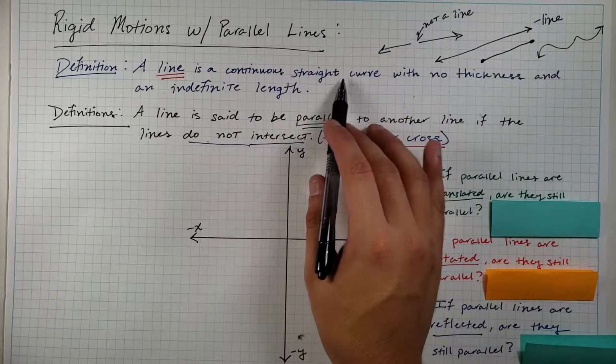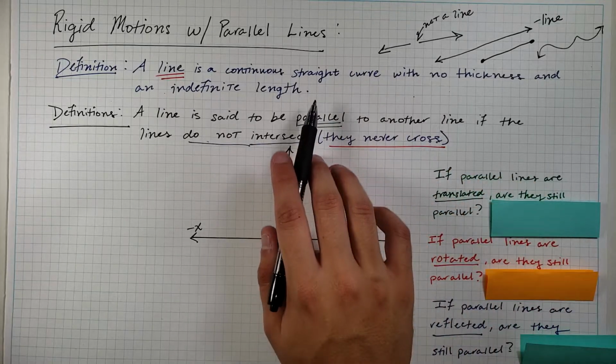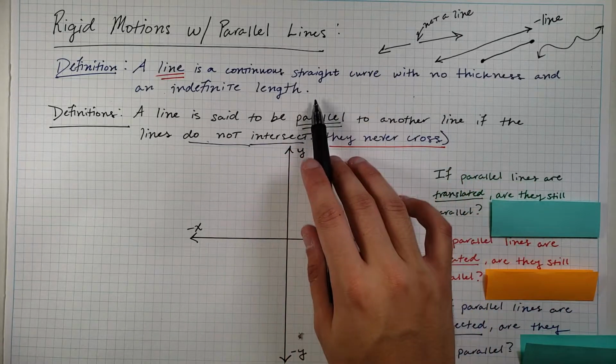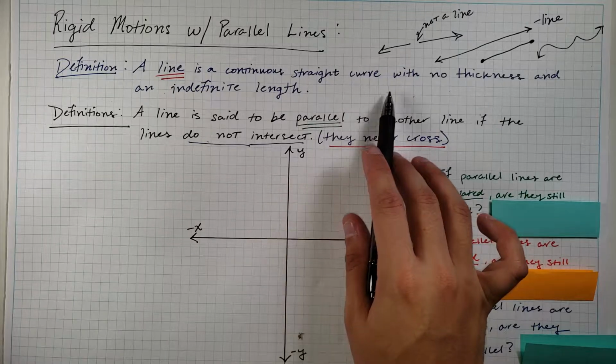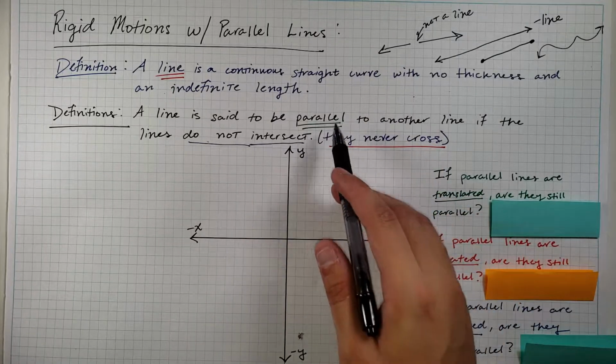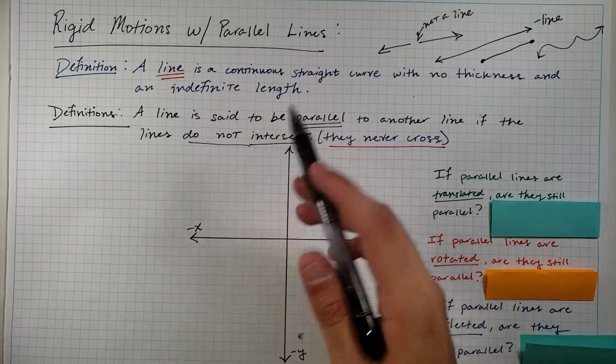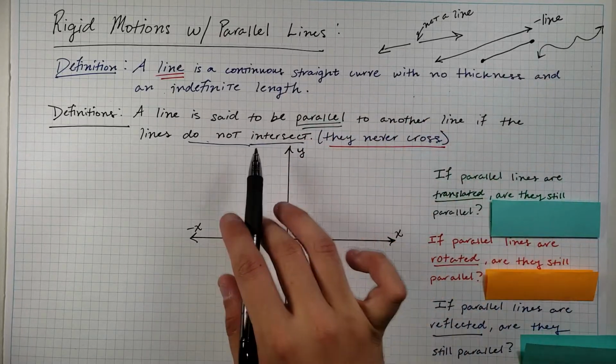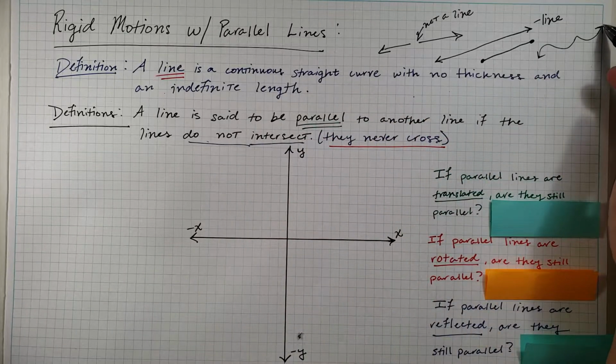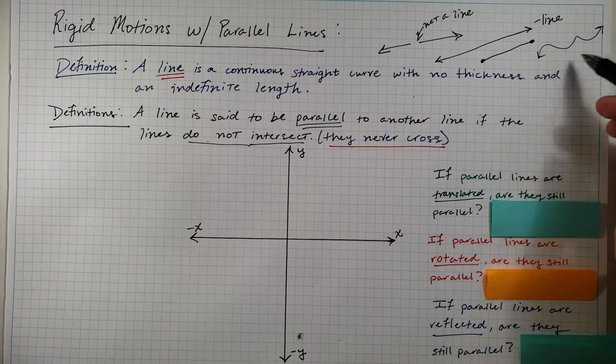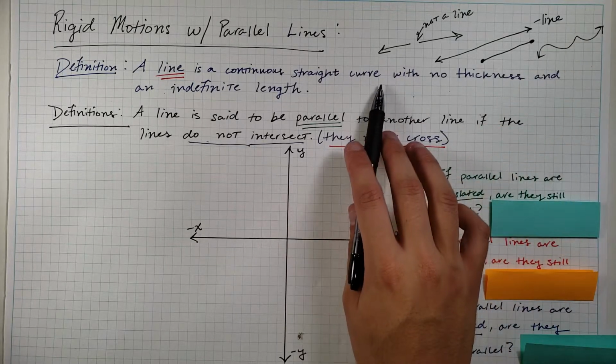Straight curve because for pre-algebra, we're going to assume all of the lines that we're given on quizzes and tests and in these videos are straight lines. All right, so no curving lines. This will not be one of our lines for pre-algebra, okay? So now we can look at